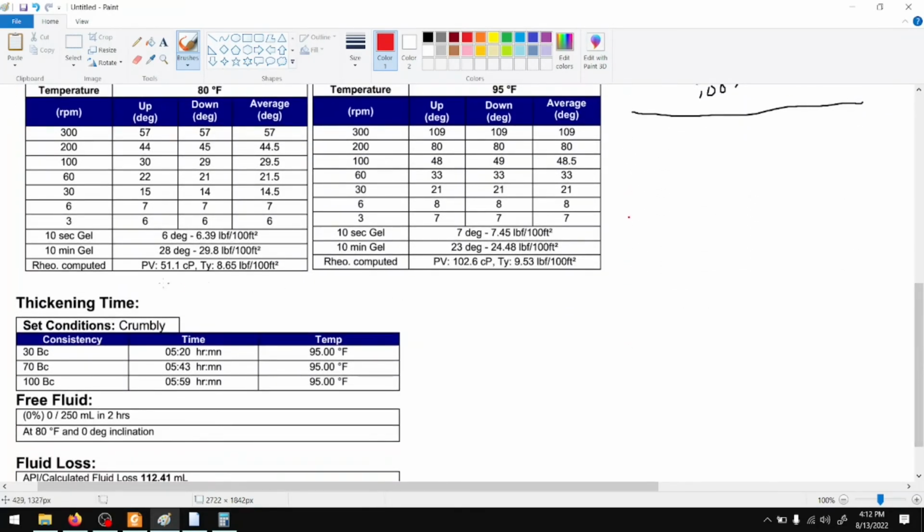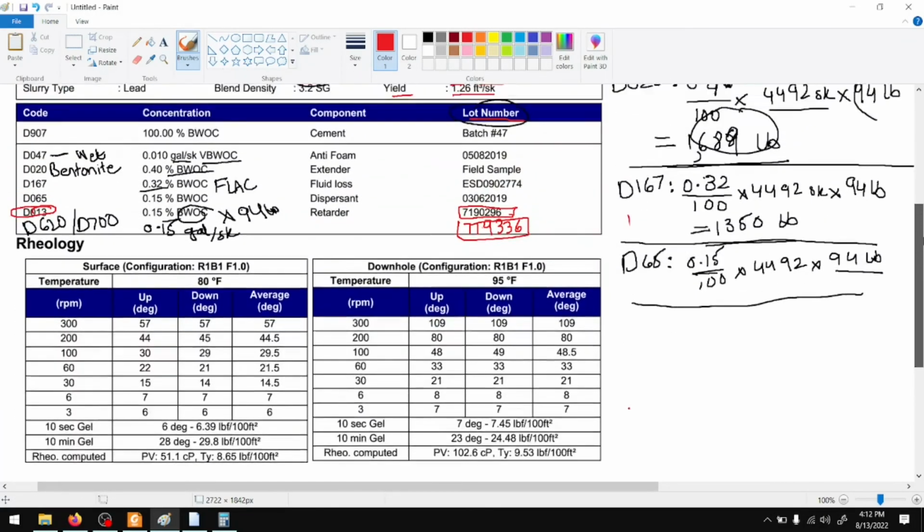This would affect your thickening time. We'll get into what thickening time is and whatnot in later videos, but it's going to affect your thickening time. So instead of getting 5 hours and 20 minutes, you could get something like maybe an hour, or maybe you could get something like 7 hours. So really, you need to worry about your lot numbers as well. So what I do usually is that after making my calculations, I would calculate the